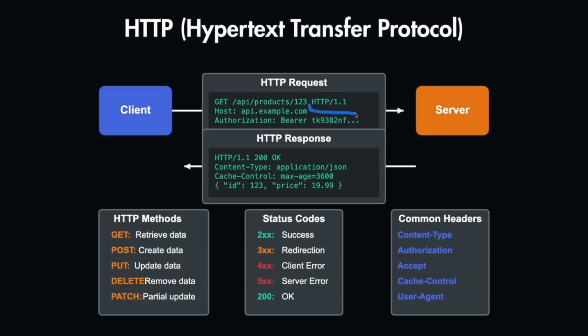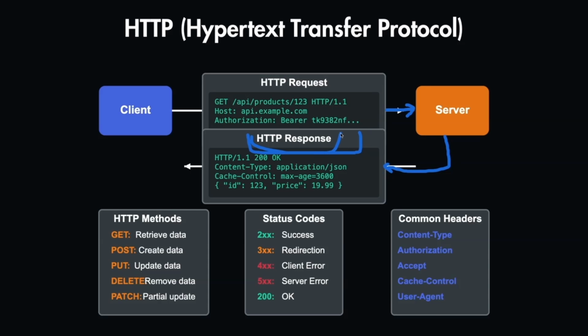And they also define the version of the HTTP protocol that they are using. They also define the host, which is the domain of your server where the information is accessed. And usually they also authenticate before accessing any resources. So it can be either a bearer token or a basic authentication, OAuth, and so on. So once the request is authenticated in the server, it receives the response, which is in similar format,